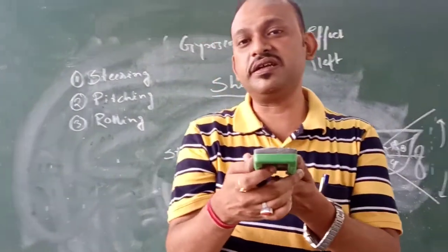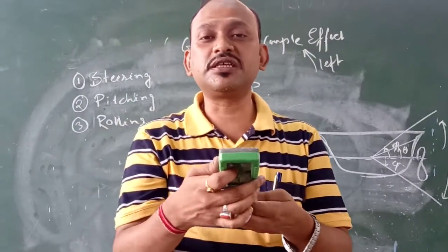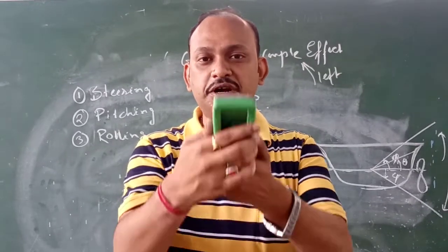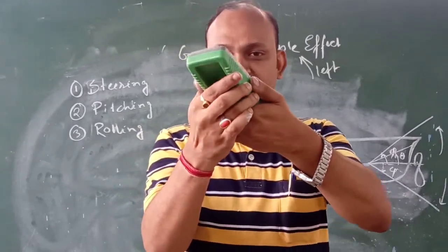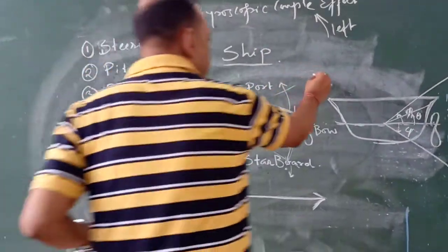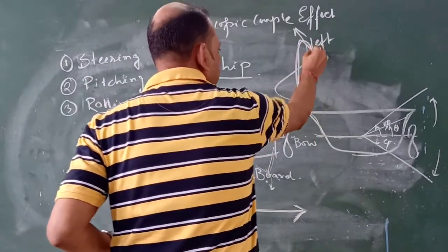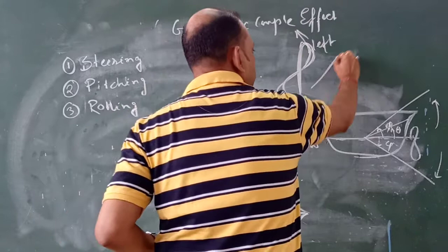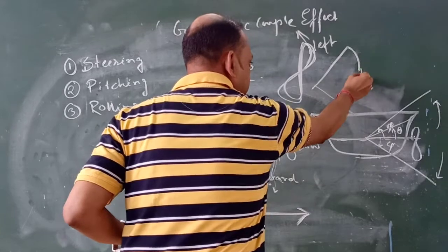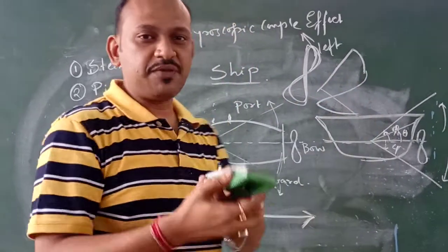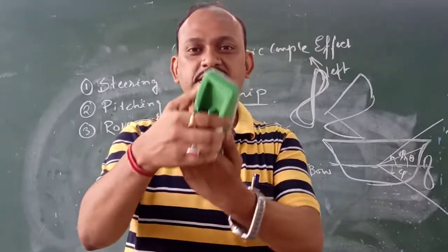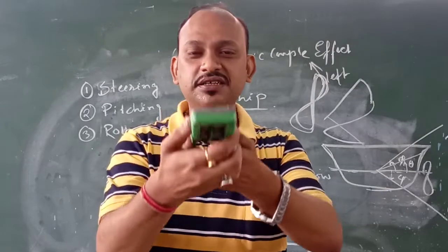Such a complicated movement is that of a ship when it is subjected to the pitching action, that is when it is moving over the waves. When it is moving in the upward direction, it has to steer towards the left, and when it again falls in the downward direction, it has to steer towards the right. So you can assume the nature of the movement, it is something like this type of movement occurring continuously. So this type of complicated motions are occurring in the ship continuously in order to keep the system under dynamic equilibrium condition. Is this clear?